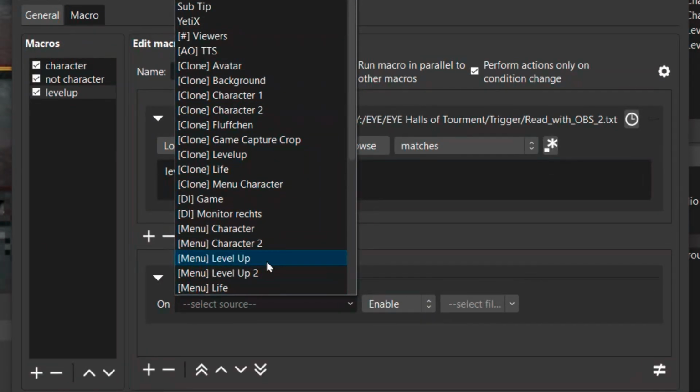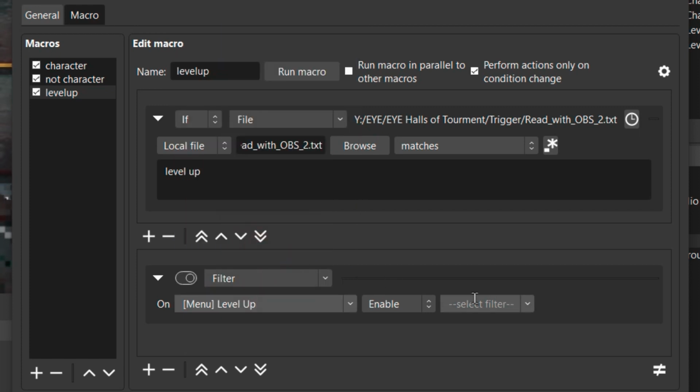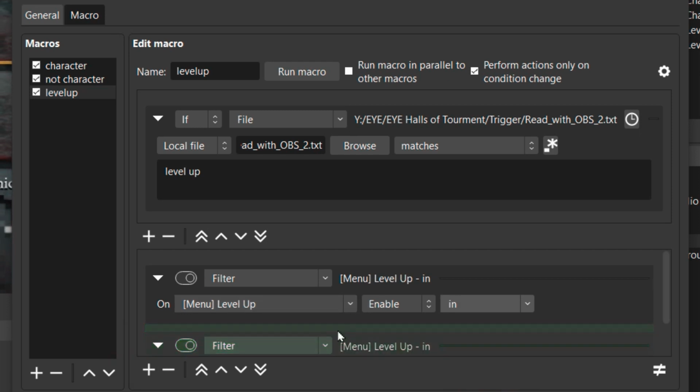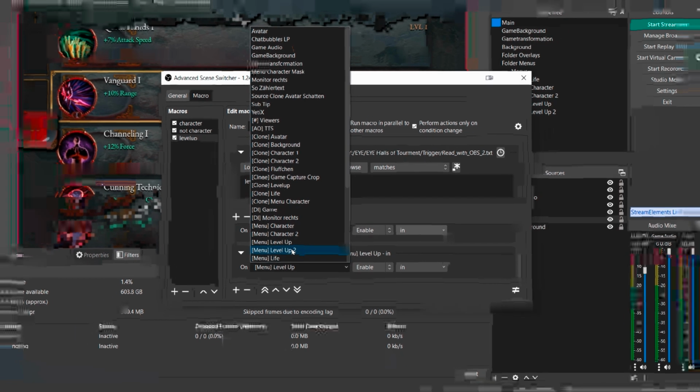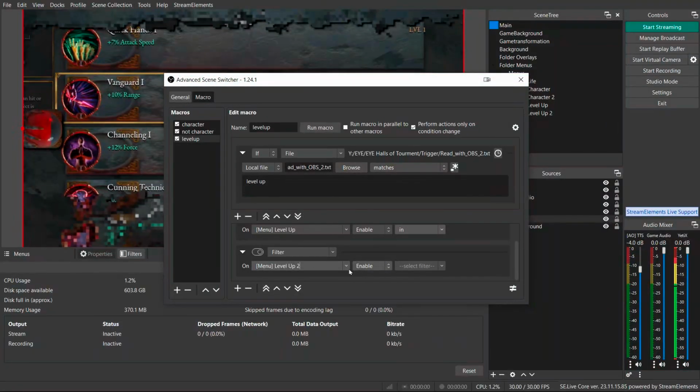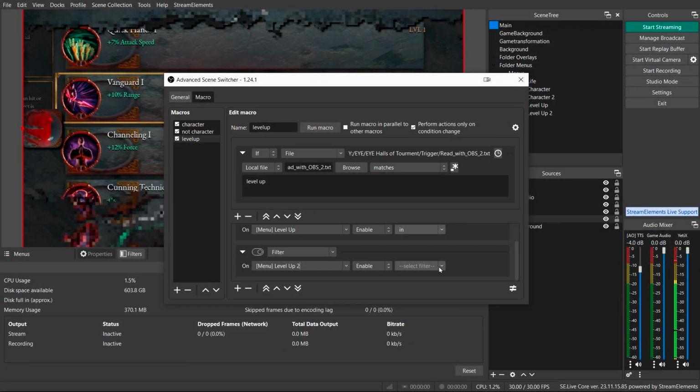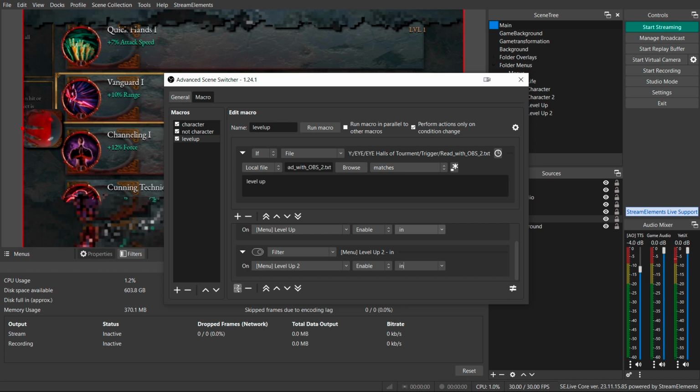Again, if you don't know how you can make those windows, click on this little video here. Level up, enable, in, make a new one, level up 2, because there are 2 windows, I made 2 scenes for that, in, and again I want to blur the background,